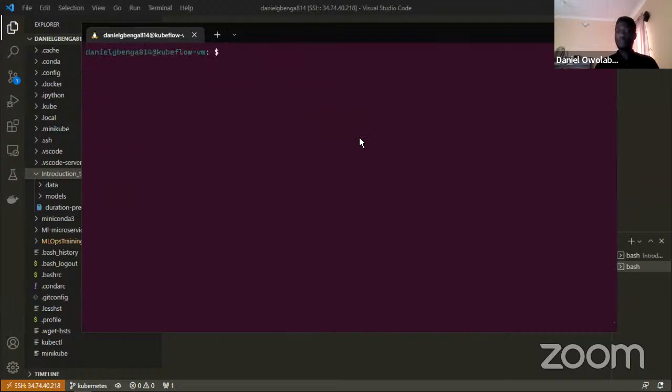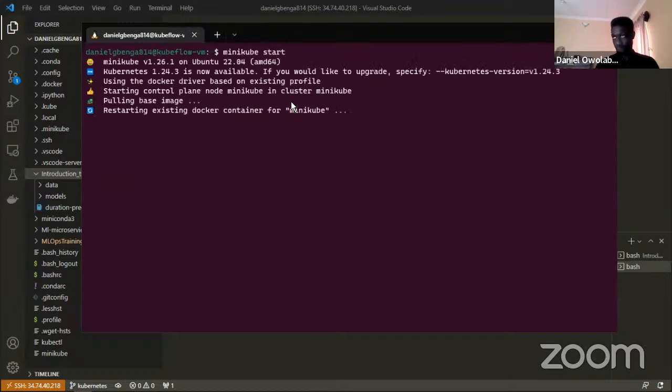So the first thing I'm going to do after setting up is a Minikube start. What this does is pull down a Kubernetes image, I mean a Minikube image, on your local machine. When I say local machine, I mean the machine that you're working on primarily. So it's going to pull down Minikube on your local machine, and then prepare Kubernetes for it, and it will be using Docker as the driver. You don't need to understand most of what I said right now. The gist is that Minikube is going to be pulled onto your local system. So you wait for this to complete. While this is running,